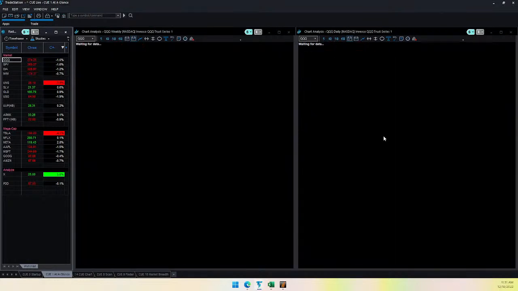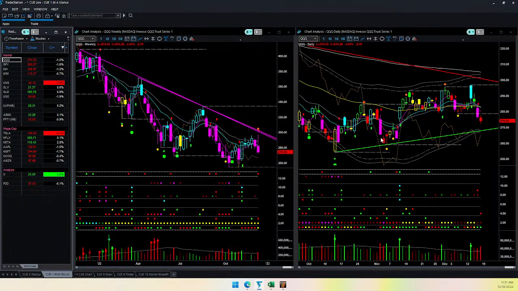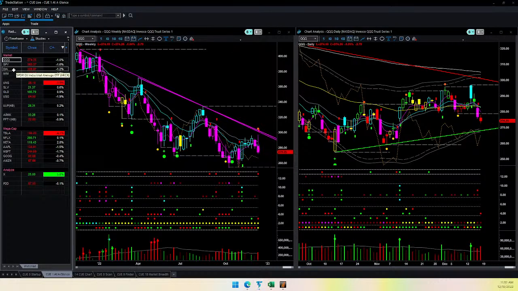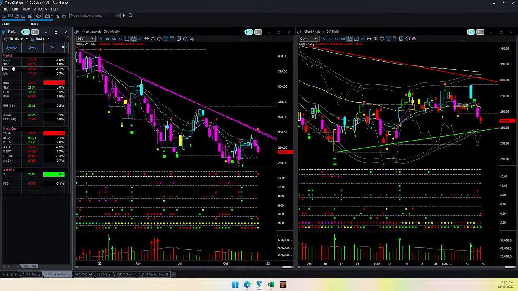What about QQQ? Weekly is bearish, just like SPY and IWM, but daily has a trend line support nearby. So it will be nice to see QQQ come to the trend line support and reverse, and even better, probably create a false downside breakout and reverse. That will give very low risk buying opportunities at the bottom. The weekly is bearish, but I may watch out for the trend line support reversal in daily.